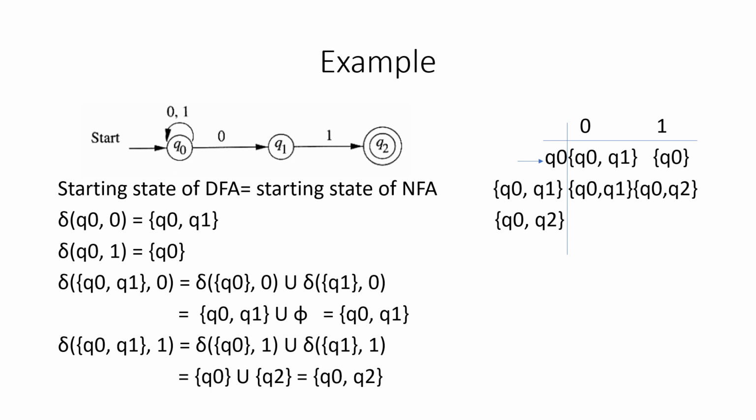So what is Q0, 0? You have to get the answer from the diagram. So Q0, 1, union, since there is no transition for 0 from the state Q1, the null set. So the answer is Q0, 1. Just fill it out. Next, Q0, Q1, 1, you will get the answer Q0, Q2. Now we have found the transition for this. We need not find the transition for Q0 because we have already completed it. Now we have completed it for Q0, Q1.